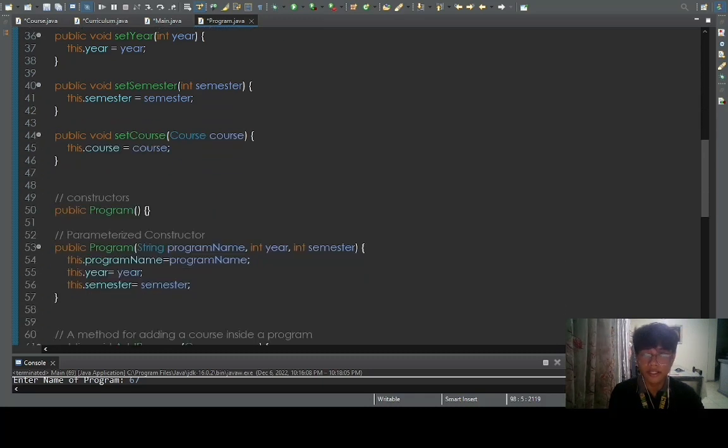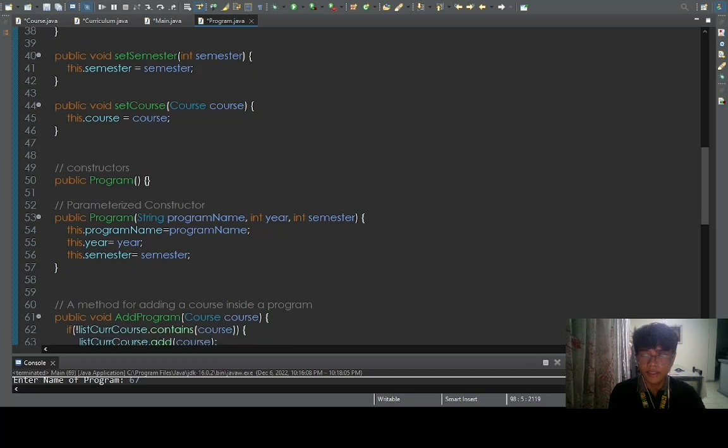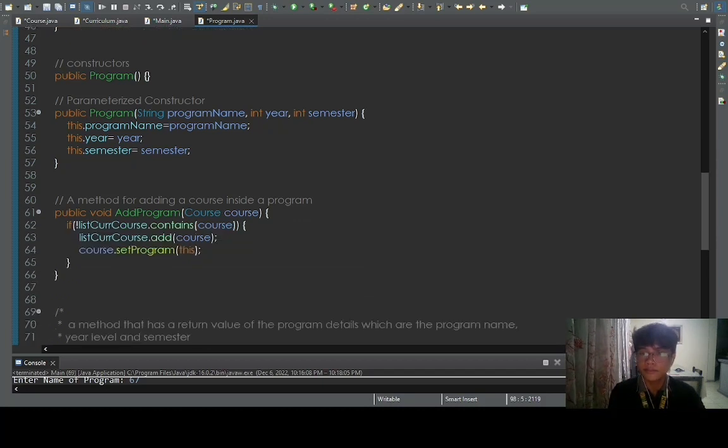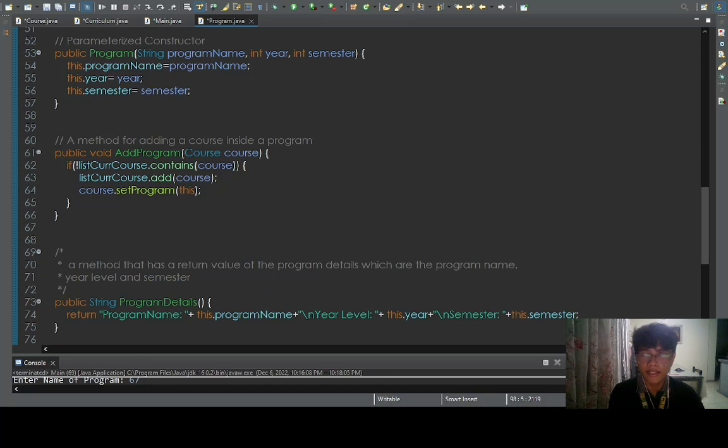As for the constructors, we created a parameterized constructor that holds the value of program name, year, and the semester that we can use later. Now let's proceed to the methods of this class. The first method that you can see here is a method named add program,